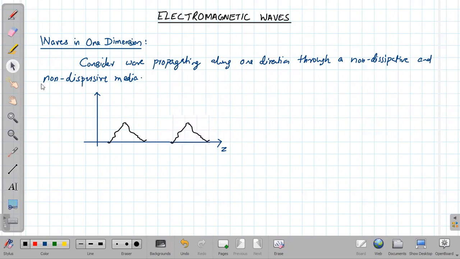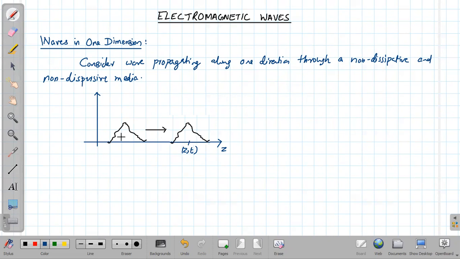Okay, good. So this will be the case. If you produce some pattern as a wave, then this pattern will move through this medium, and that pattern or that shape will remain the same after some time. Now let us keep this position as z and the time t. So at the position z at the time t, this is the shape.